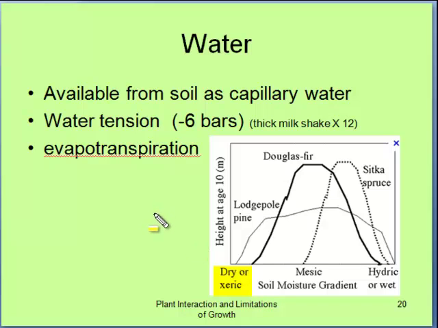They've measured the water tension that some trees can generate to suck the water literally out of the soil. It's measured in bars, and one bar is roughly 14 pounds per square inch, 14 psi. If you think about it, sucking a thick milkshake through a straw takes about 7 psi. So literally a root can create about 12 times that amount of pressure to suck up water